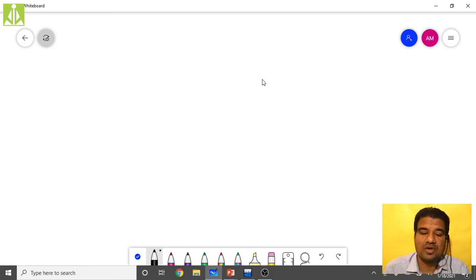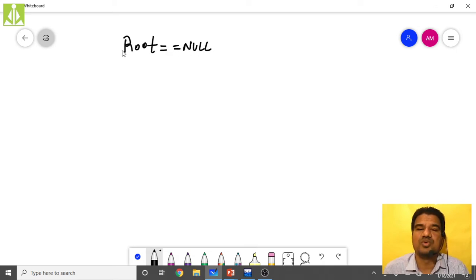See, let us say your root node is null. What it means? If your root is equal to null, that means you don't have any nodes inside your tree, and your tree is empty. So if your tree is empty and you are inserting a new node, what you do?